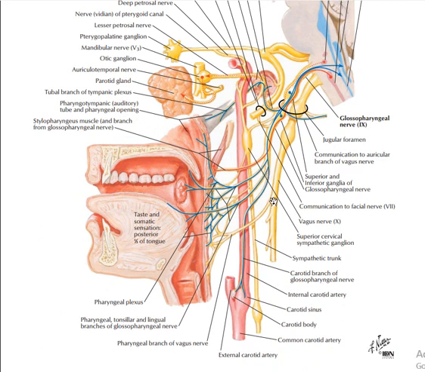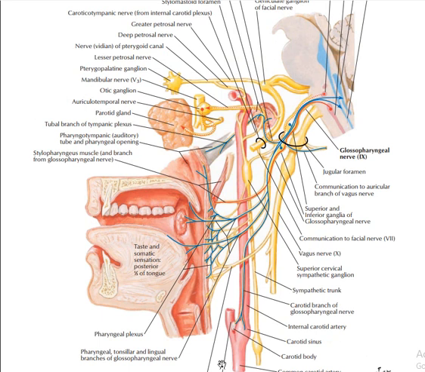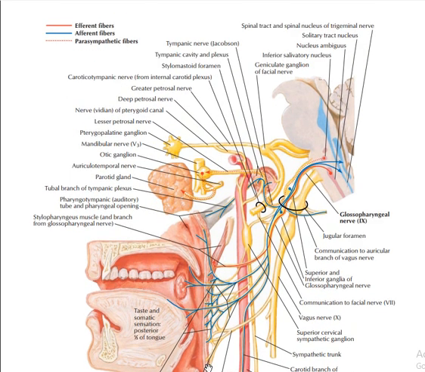So we also have this last portion. This part here is now going to go instead via the vagus nerve. So you see that the tympanic plexus also comes with the vagus nerve. So both the glossopharyngeal nerve and the vagus nerve combine to form the tympanic plexus. So from here we've seen mainly the different parts of the